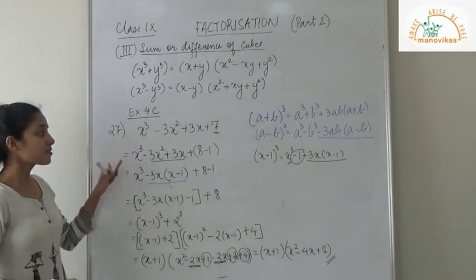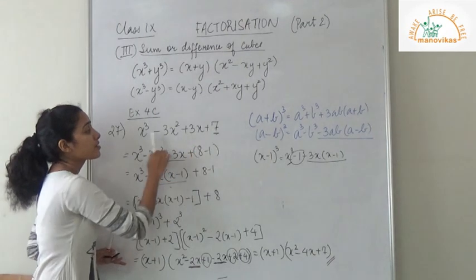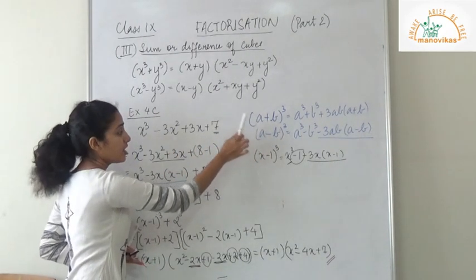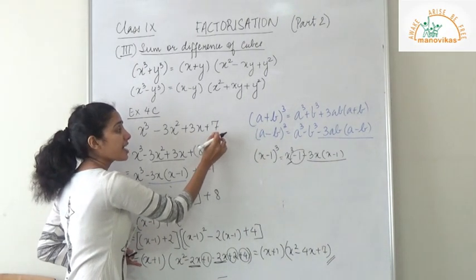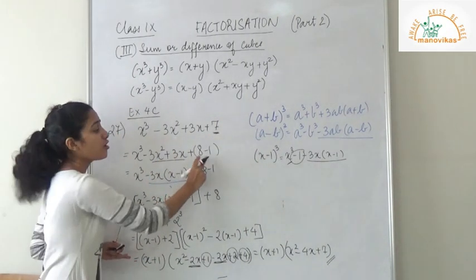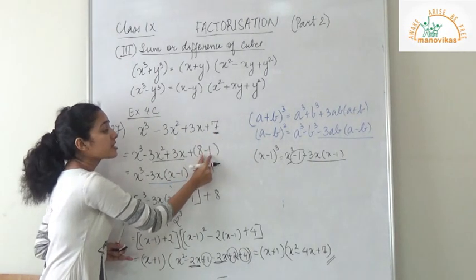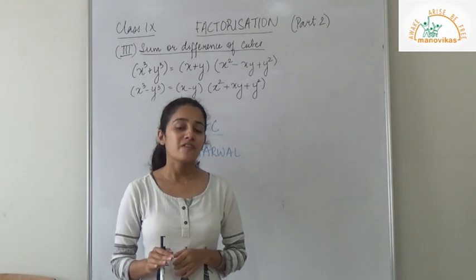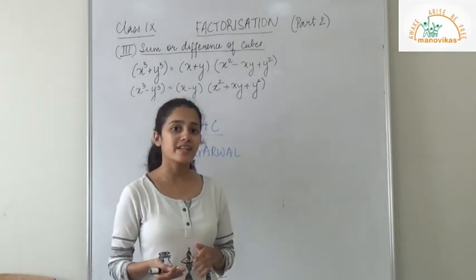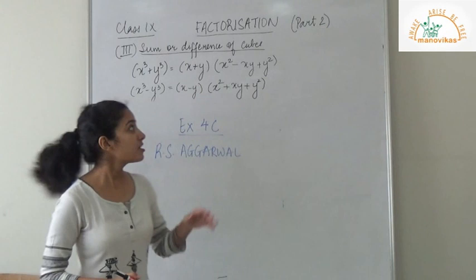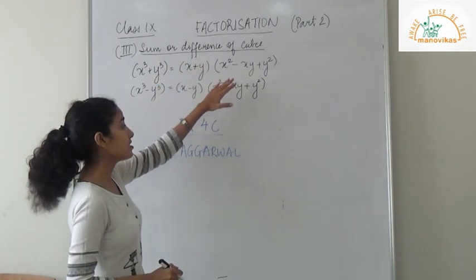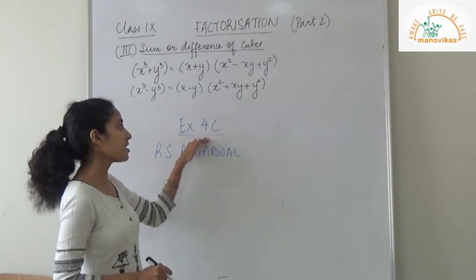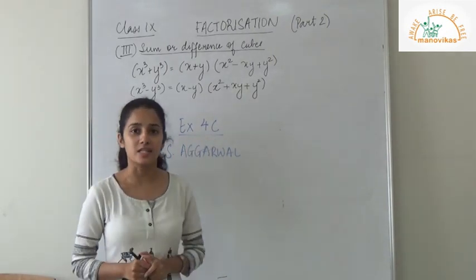That's it. Look at this problem properly. Remember that when you have all the terms given, you have to reduce it into this identity. So for that, you start with a constant and write it as a sum or difference of two cubes, because for 7 only this combination was possible. So in today's video, we have learned yet another method to factorize an algebraic expression using the sum or difference of cubes. So based on the examples that we have solved in this video, try to solve the remaining examples from exercise 4C. Thank you.